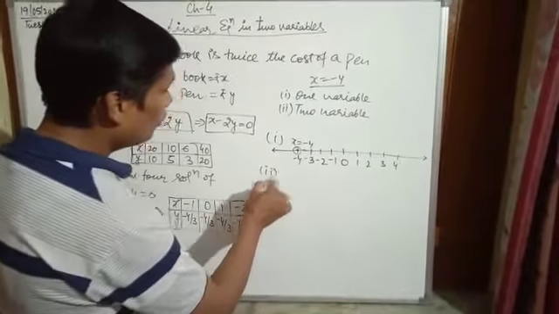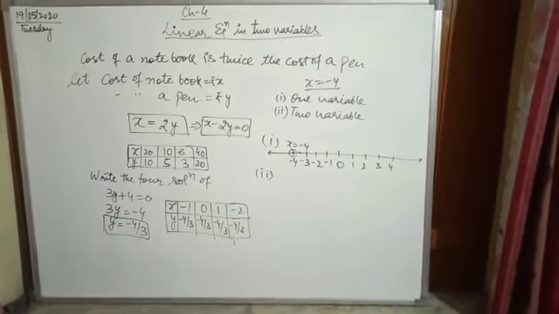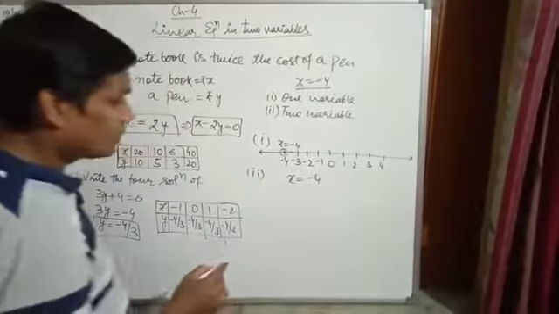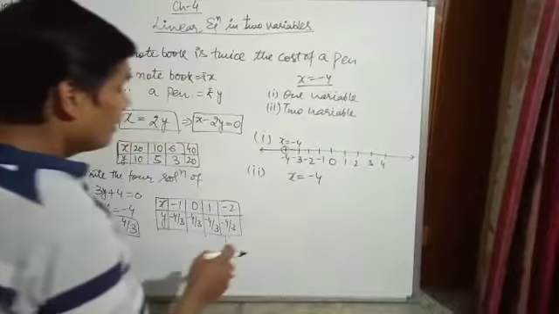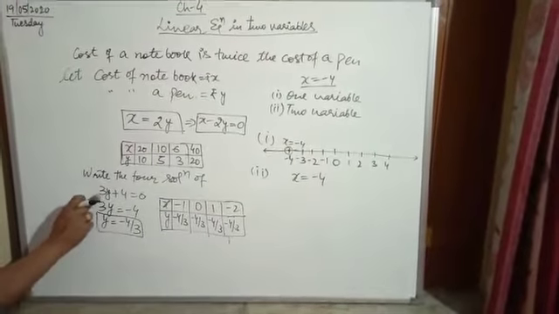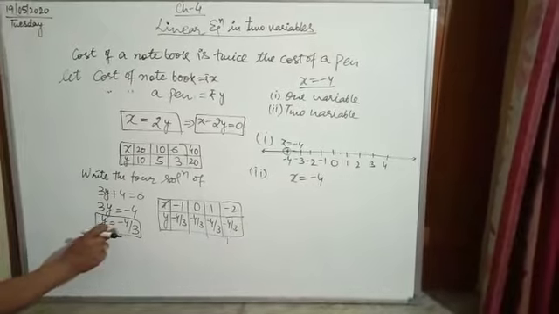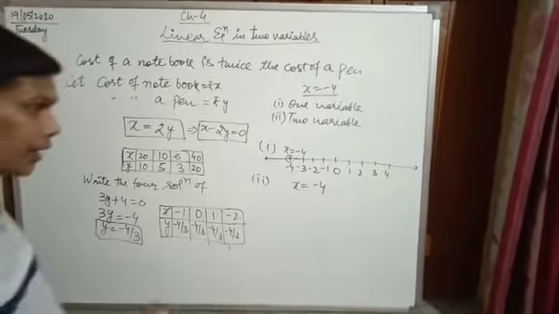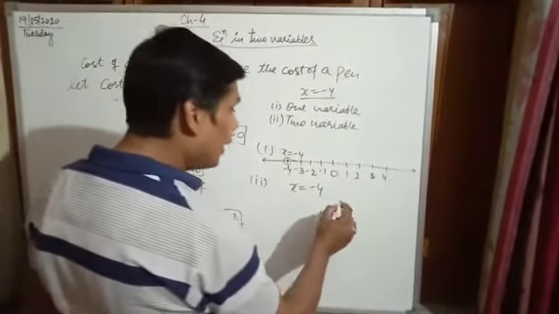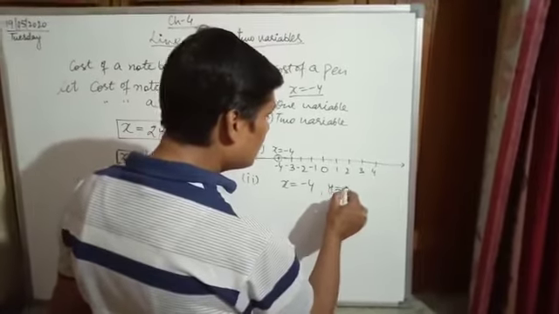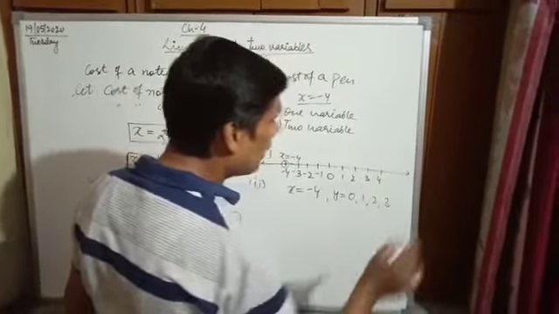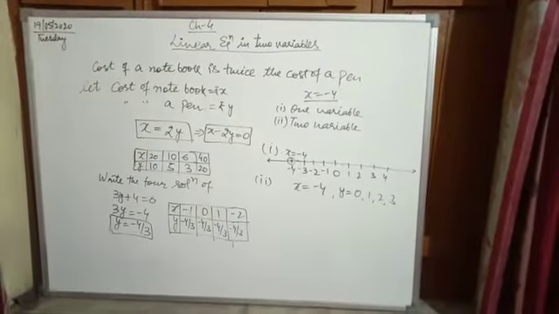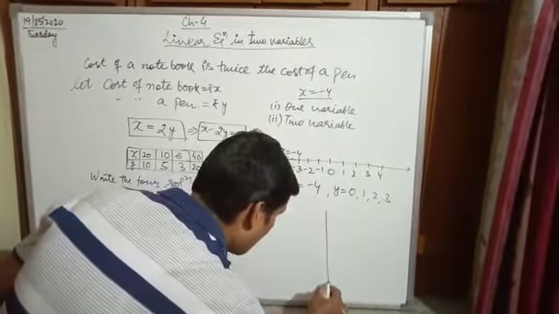If we want to draw a graph of x is equal to minus 4 as two variables, then firstly we will write it as y is equal to minus 4 by 3. Here x is constant and y is the changing one. Here x will be minus 4, but the value of y can be 0, 1, 2, 3. Suppose I am taking y equal to 0, 1, 2, 3, but x is always minus 4 here. Now it is a two variable equation.